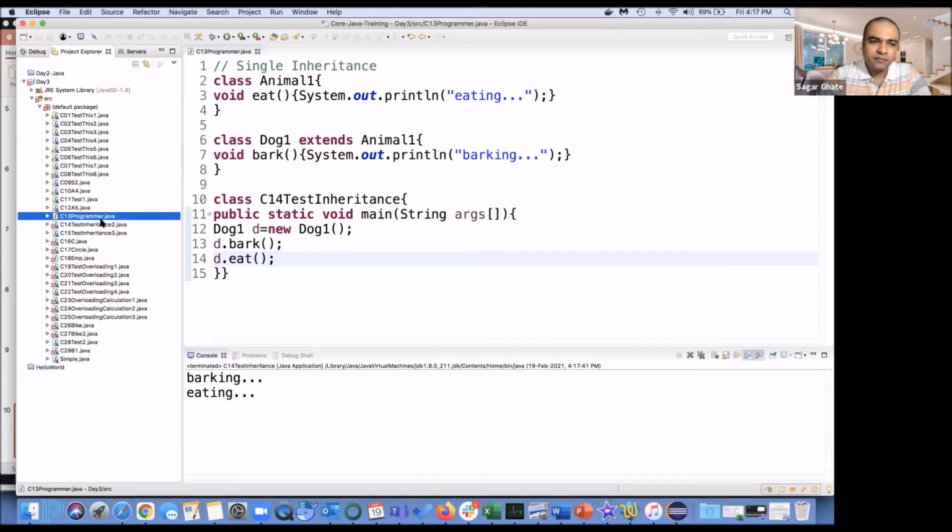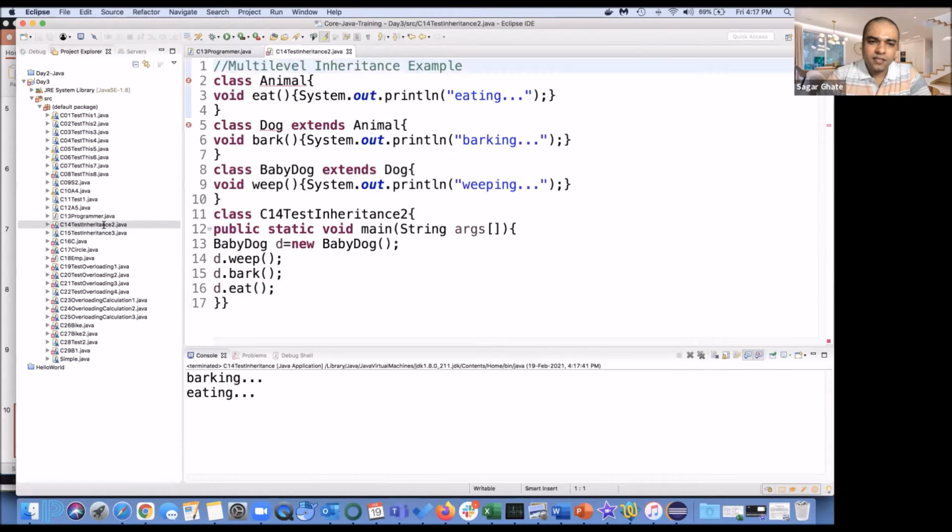Let's move to the second one, which is multi-level inheritance. When we say multi-level inheritance, that is grandparents, parents, and child, or for a grandparent, that will be a grandchild. So this can be, say, the puppy class.